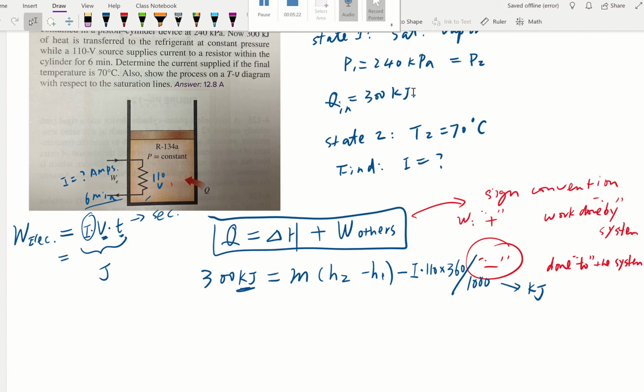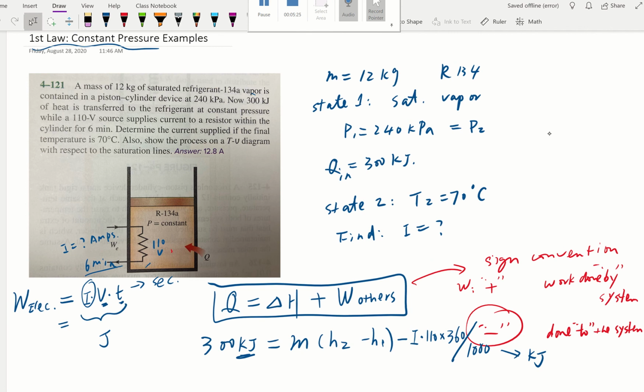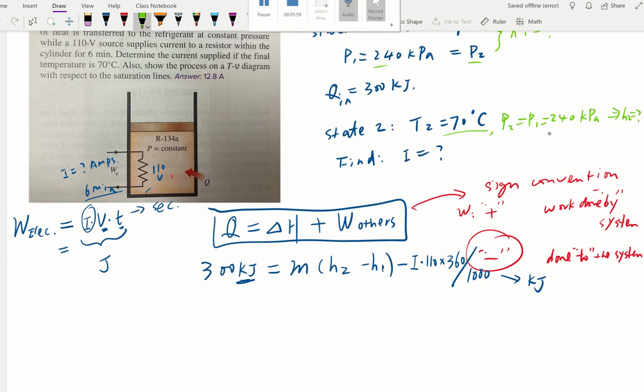So we know for state 1, it's a saturated vapor and it gives us pressure. So from here, we can certainly figure out our H1, right? That's our brainstorming process. Then for state 2, we know one property. We know the temperature. What's the second property we know? That's right, it's a constant pressure process. P2 is equal to P1 equals 240. So knowing those two, we can figure out our H2. That's where we're going. So go ahead, look at finding H1, because for state 1,